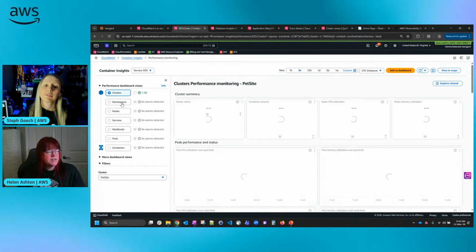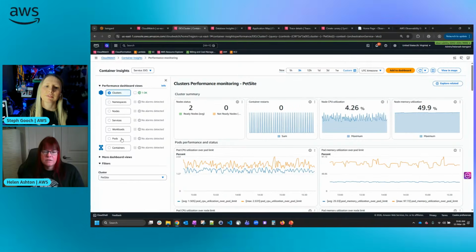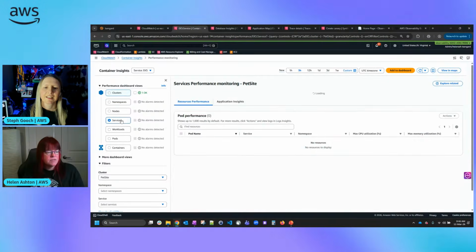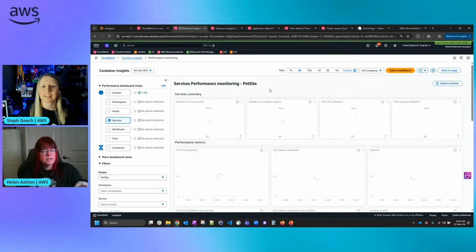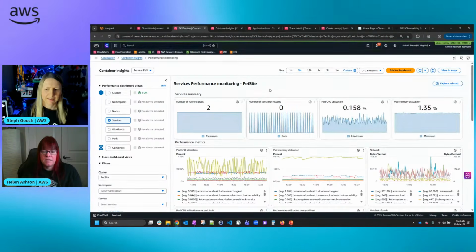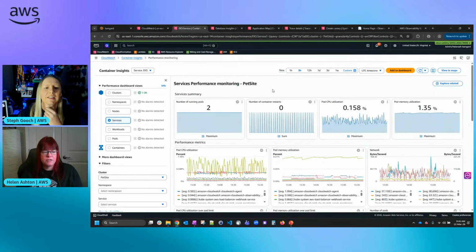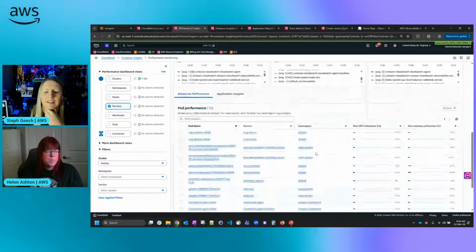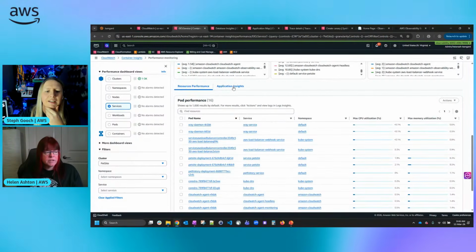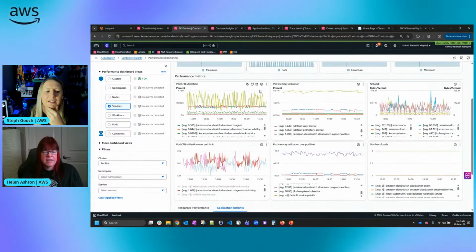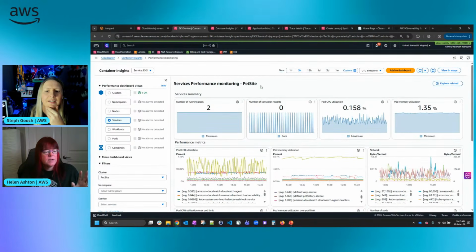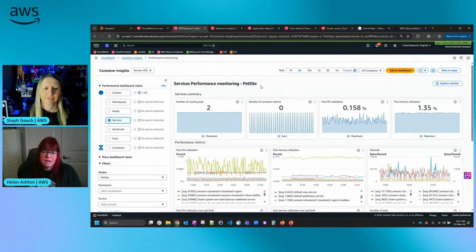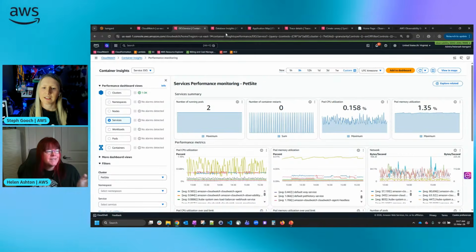And you'll see on the left-hand side, we've got all the different levels within your container environment that I can go and look at. And for each of those levels, there are out of the box metrics, dashboards, data for you to see to help you understand the health or any issues. So this is super helpful for people getting started. It links into application signals, which we'll look at with other tools. But you can then use the data that's there if you want to build any custom dashboards, you can totally go and do that. So containers is one area.